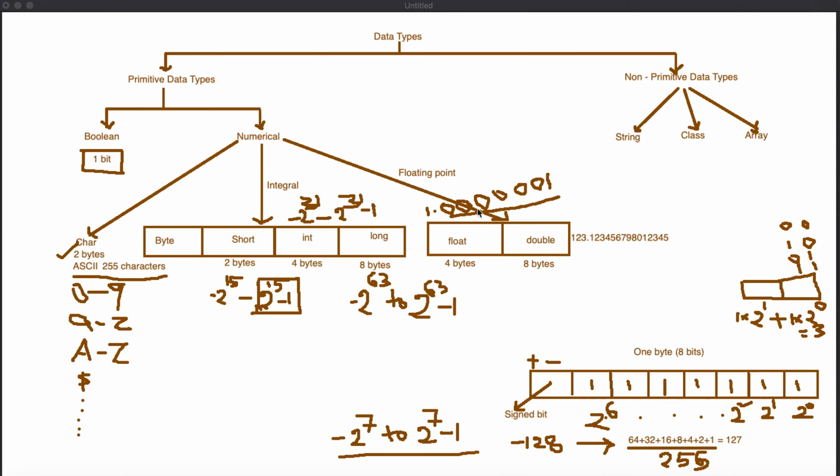In the next video we are going to write a program and put everything in it: a boolean, a character, byte, short, int, long, float, double. Let's execute and see whether these data types take the range, or what happens if you give a value beyond the range defined for the specific data type, and how it behaves, and let us understand them practically. Hope you understand the concept of the data types in Java, and the memory size and the range, and how we are defining the range for each data type.